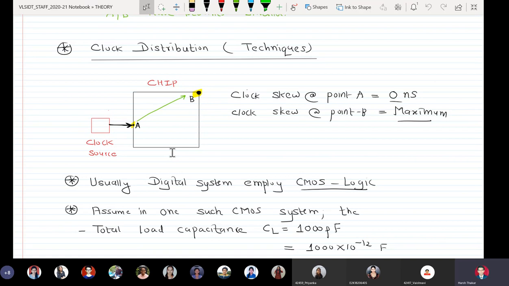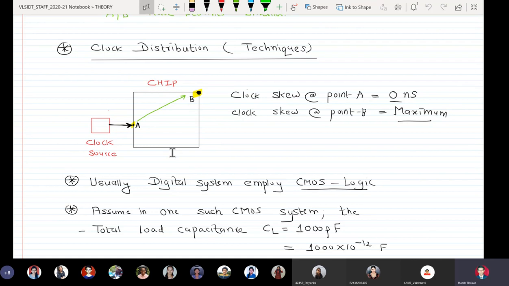We also told that as far as VLSI is concerned, digital systems always prefer the CMOS logic family, because CMOS is very famous for minimum power dissipation. Although it may be a little bit slower in operation than TTL, there are billions of transistors inside a chip, so it is very important to keep the power dissipation within tolerable limits.